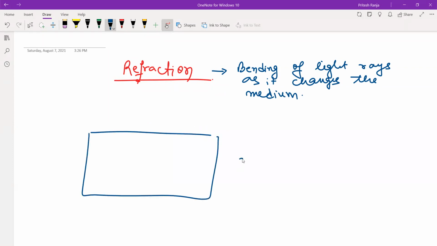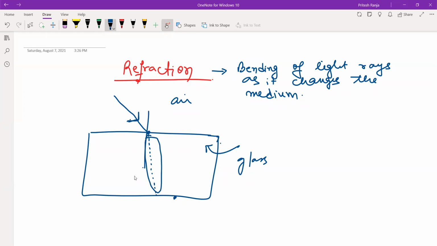So let's say this is the glass. We already talked about the denser mediums, rarer mediums. So let us say the light is coming from the air. Now we know that light travels in a straight line. But why this ray of light will travel through this path? It is because the speed in the denser medium is less. So if the speed is less, the light has to emerge out, so it will emerge by just following that path, which will be shorter. So how that path will be shorter? If the ray bends towards the normal.